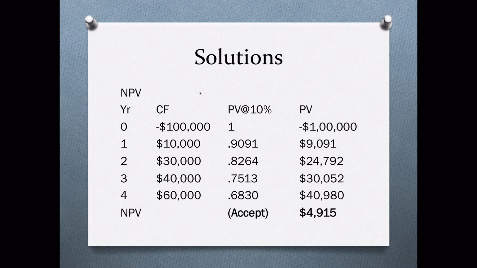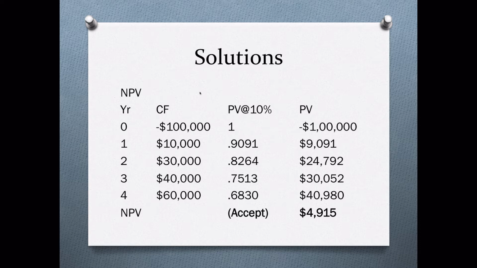All right, so we go ahead and look at our present value for single cash flows table, and at 10% we go down from 1 through 4, and we get 0.9091, 0.8264, on down to 0.6830. And we go ahead and do our math across. The $100,000 investment is a negative. I have an extra comma in the present value, but we all know that's $100,000. So at time period 0, we invest $100,000, and then at time period 1, we get $10,000, and when we discount that, it's